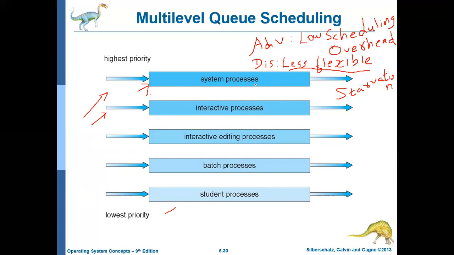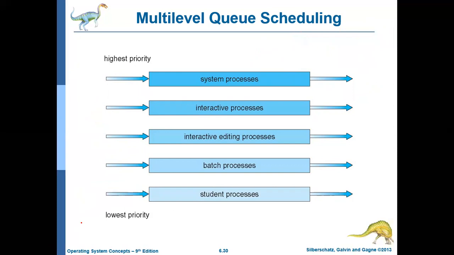Okay, so that's it about the multi-level queue scheduling algorithm. So what we have discussed here is that the ready queue will be partitioned into multiple queues, and the jobs will be permanently assigned to any one of the queues based on the memory required by the process, its priority level or process type. And each of these queues may follow a different scheduling algorithm. It is not that all the queues should follow the same scheduling algorithm. And also there will be scheduling within the queues.